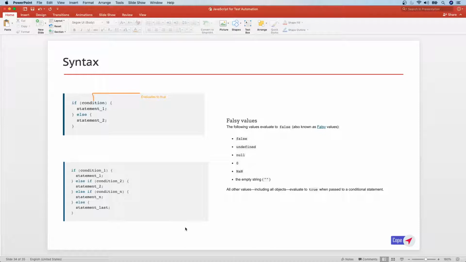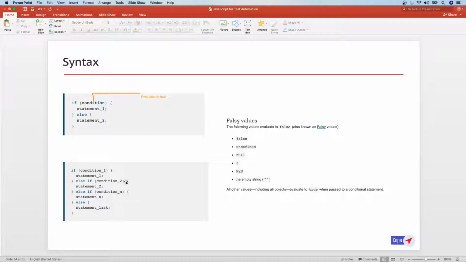But what is the important thing, right? One is the condition we pass should be evaluating to a boolean. That's number one. Number two, at any given point in time, this will always execute one block of code, which means anything that we surround with the curly braces has to be executed. Those are the two important things.